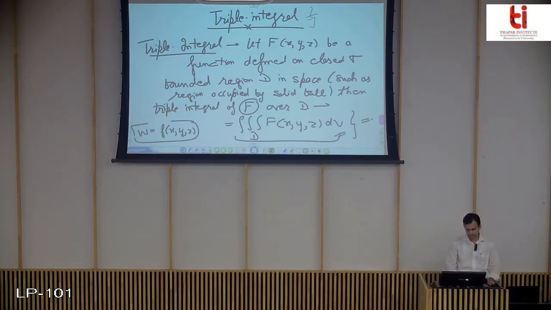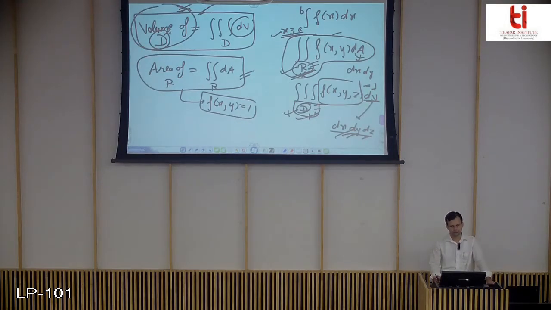As in the last lecture, if this is a double integral, D was a region; in this triple integral, D is now a region in space, a 3D space. So the volume of that region D can now be computed by this triple integral also. This is the thing we must know, that the volume of any three-dimensional region can be computed using this triple integral.